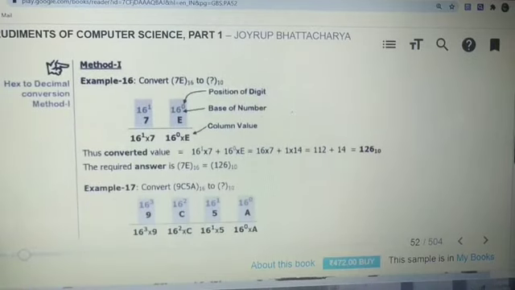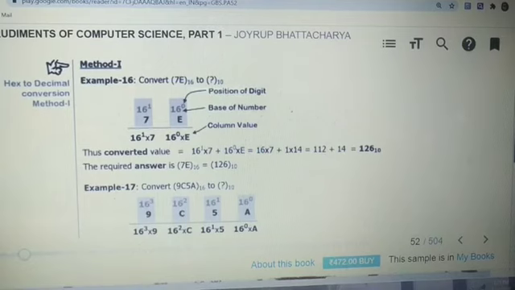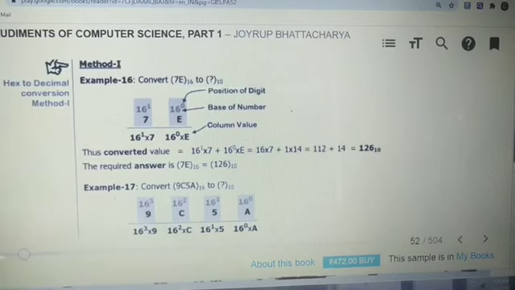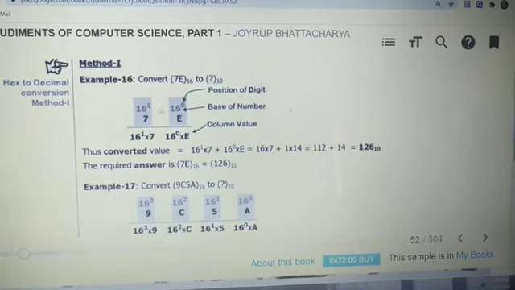Now the topic we will cover is converting from hexadecimal number system to decimal number system. Hexadecimal base is 16. The rules are actually the same. From the right hand side to the left hand side we put the positional values, and then we multiply each digit by the base to the power of its positional value. The value given here is 7E, and we have to convert it into base 10.